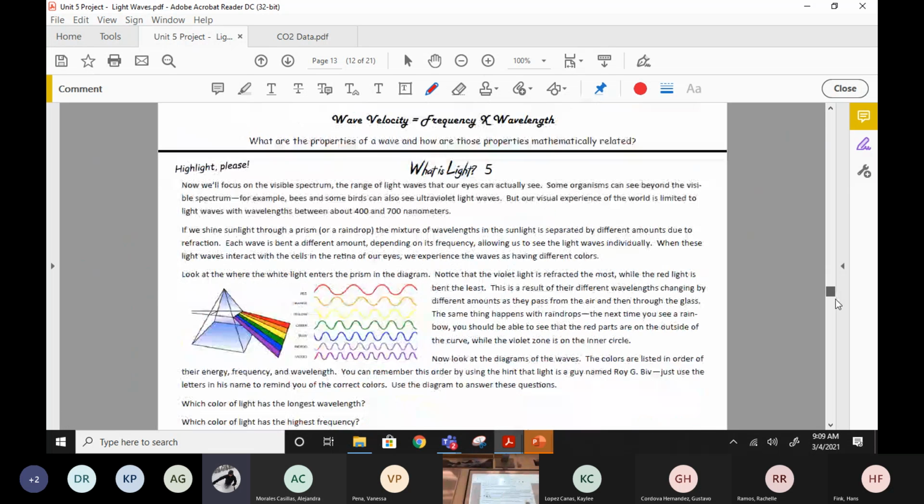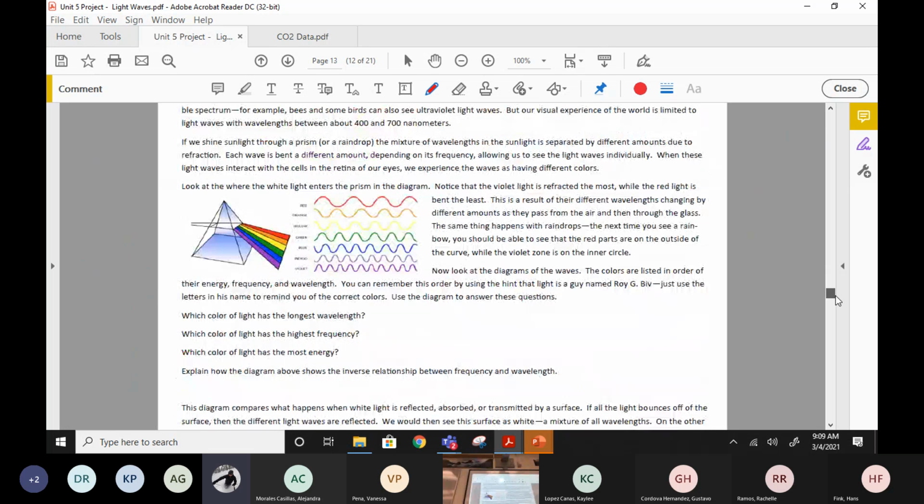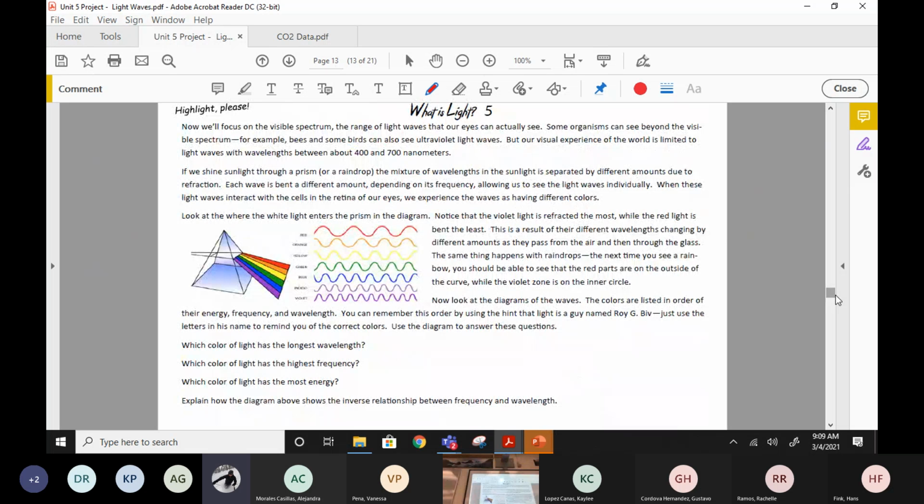Let's see. Then I asked you to do this on your own, didn't I? I asked you to do that yesterday. So this is something, once again, I'm going to want you to highlight and answer questions as you go. I would draw your attention to the diagram here. Anybody know what that object is called? That they've shown like a pyramid, and it's taking white light and splitting it into the different wavelengths. What is it called? Prism?